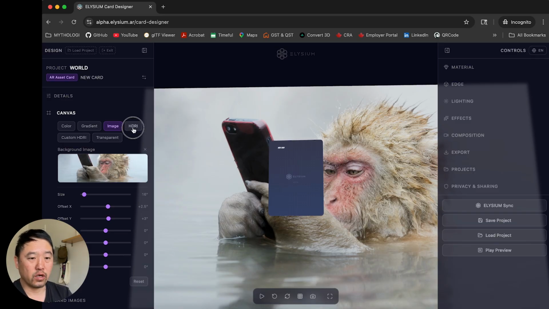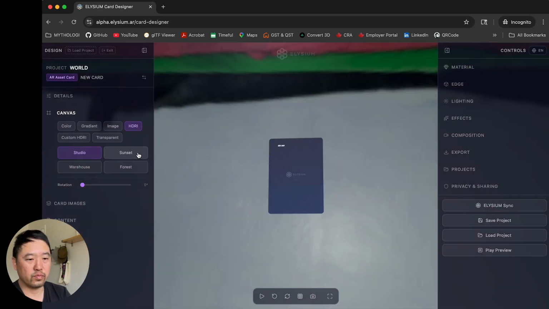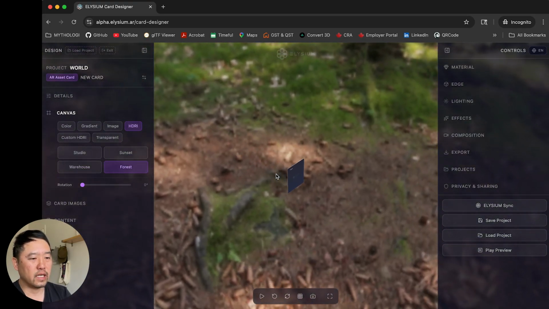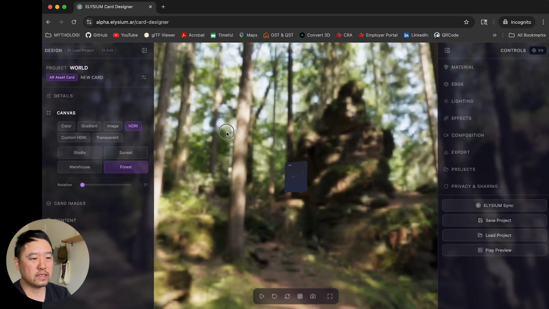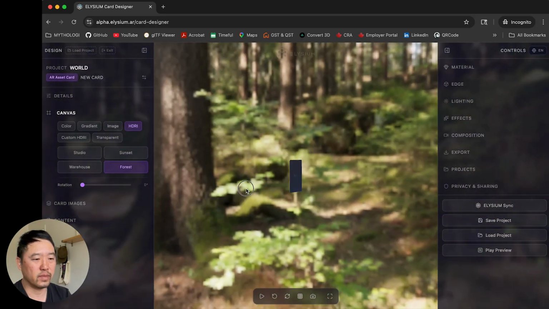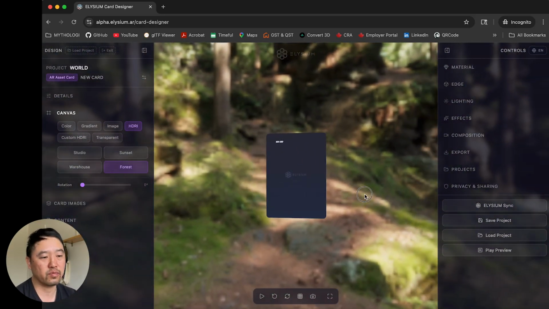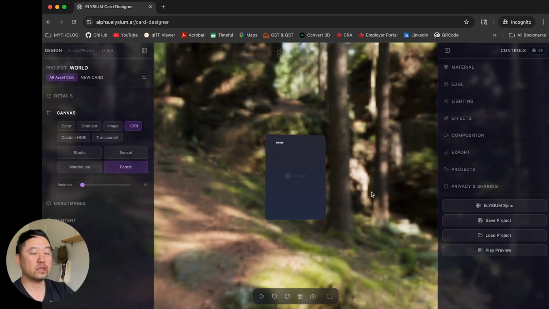You can also pick an HDRI, which, we have a few presets here. And these HDRIs, if you don't know, are basically a 360 image. So what it does is it simulates being in a 3D environment. And so you can see this one is actually pretty low res, but the intention here is to provide real world lighting, and simulate real world lighting. So in this forest scene, the idea is that when we create a card, the card will reflect the lighting and the background, if it's shiny, in the same way that it might in the real world.